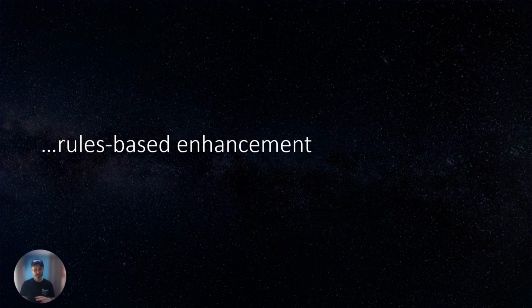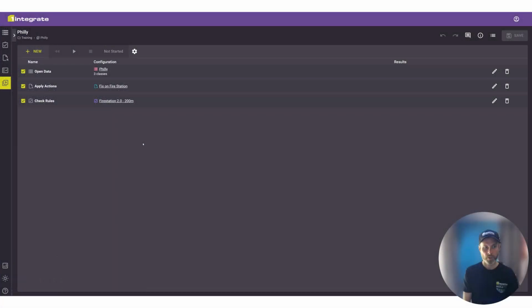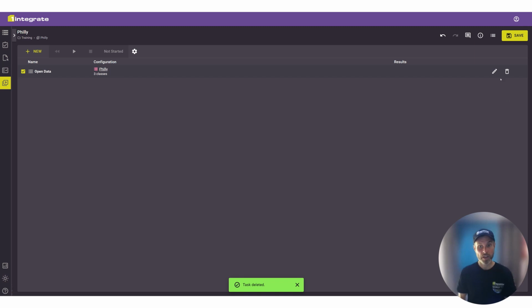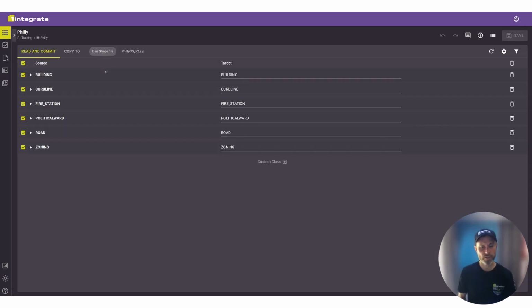So we've seen how we can validate data and correct the things that we found during the validation. The third example I just want to quickly share is how you might want to use the rules-based approach to completely enhance and transform the data that you've got. So in this example, we're going to take out the corrections that we were doing previously, and we're just going to edit slightly the data store that we've got for this example, because I want to